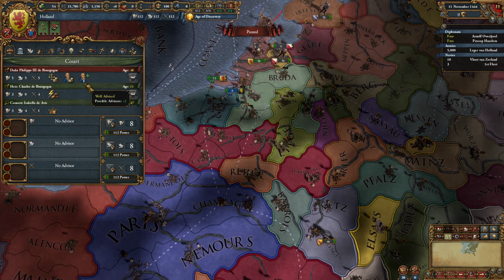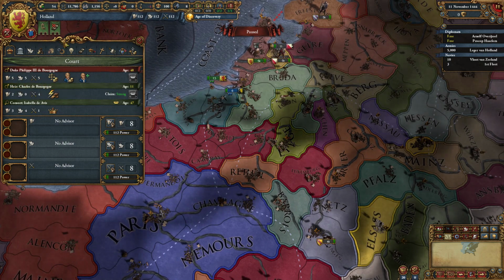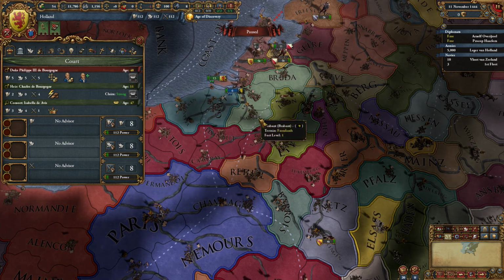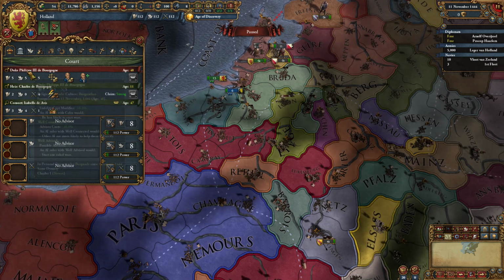However, we don't want to do anything about it just yet, because Burgundy currently have a 5-5-5 leader, which means we also currently have a 5-5-5 leader. So we won't want to break our PU until this guy dies, I think, because we don't really want the